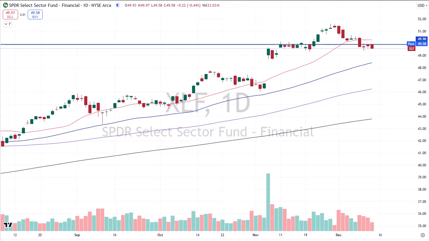What about the XLF? 49.90 is an important place. They can't recapture it. They tried for the last 3 days and they couldn't do it 3 times in a row. It's becoming a problem for the bull case. Next stop, 49.19 is a gap, and if they get below that, they're at the entrance to no man's land. If they get below that, next scene shows they're going to start to knock on the door of the most recent breakout area down around a spike of 47.85, give or take.